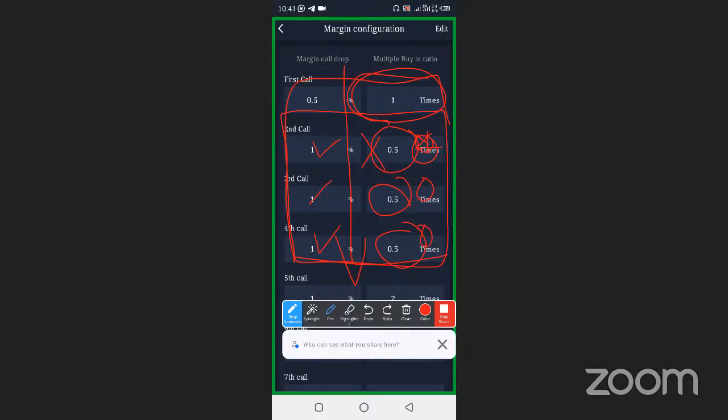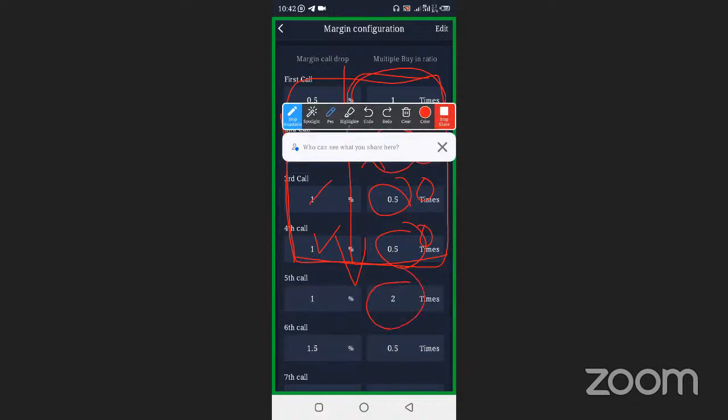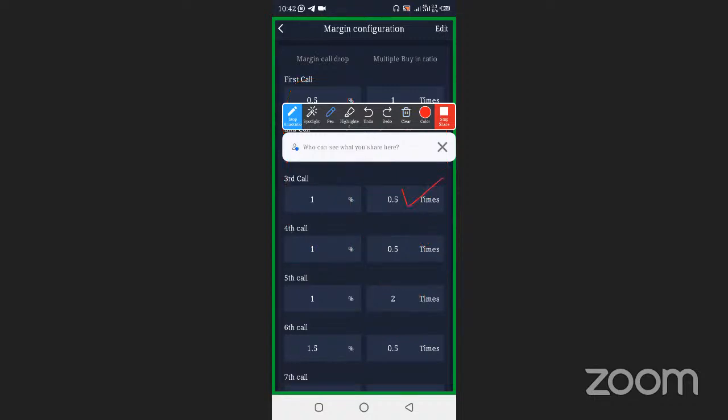Now, in the process of testing this, what I wanted to do was to see, if the market goes against me, what other settings can I put in to make sure that I come out of that? That's why on my 5th call, you see, I increased the multiplier to 2, right? Because I believe this 2 is almost 2 times the amount that the robot would have used in the 3rd call and 4th call, meaning I will try to reduce my average price to as small as possible, so that once there's any shift in the market, I am able to